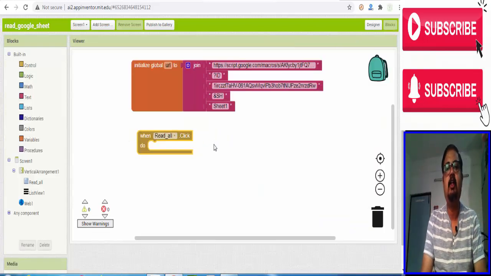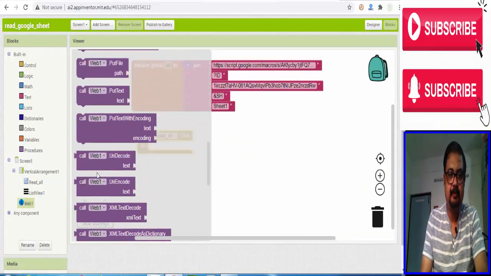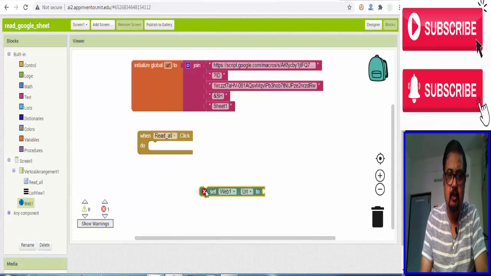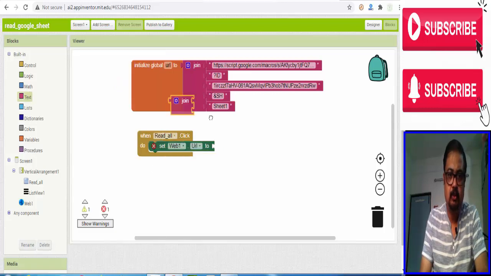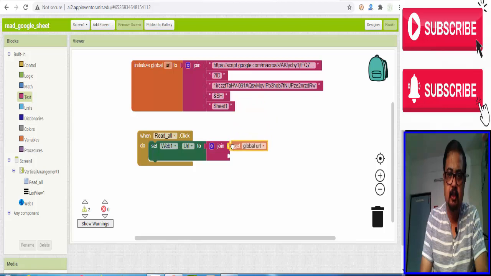So when read all click, do what to do? Set the web address. Set web 1 URL to what? Go to join again, and here whatever URL we get, global URL.